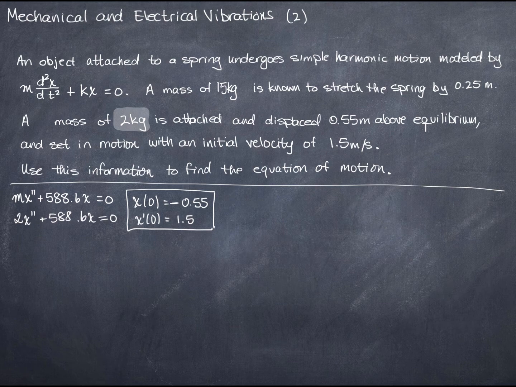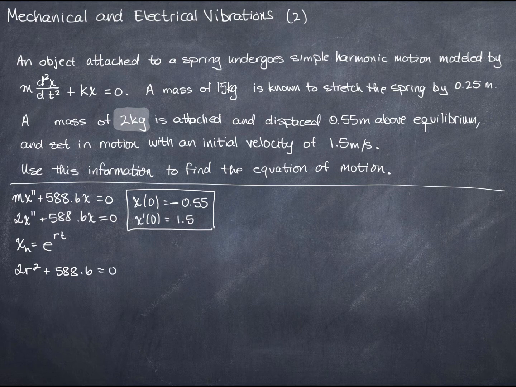Okay, so now I have a second order homogeneous differential equation, and I know how to solve those. So let's go ahead and use this as practice. Recall that solutions to this will look like x sub n for the nth solution. Well, we're only going to have two, but I don't want to say x sub 1 or x sub 2. I'm going to say x sub n. It's going to look like e to the power of rt, where r comes from the corresponding, the word has just evaded me, characteristic equation